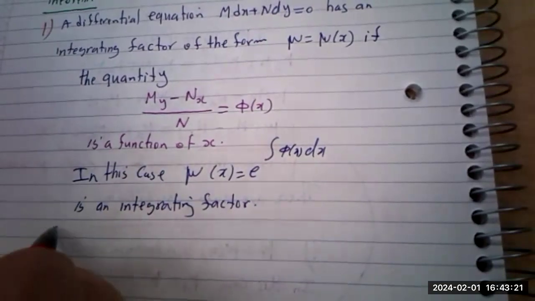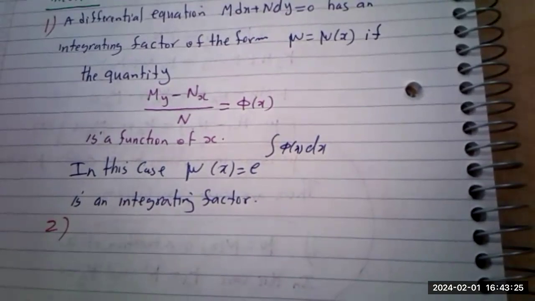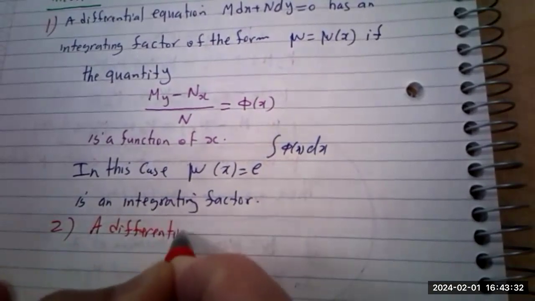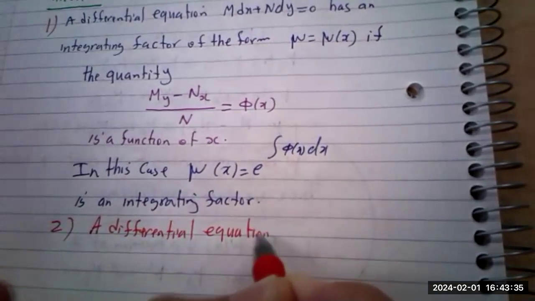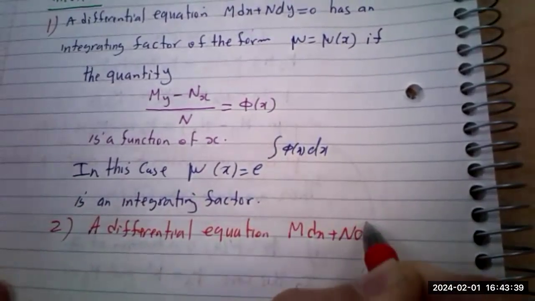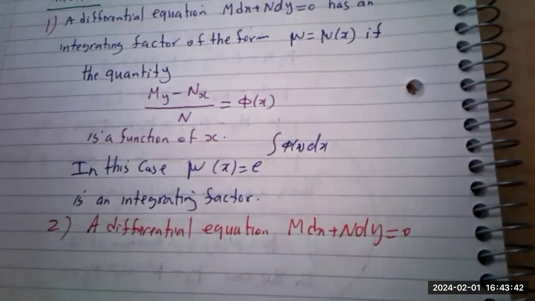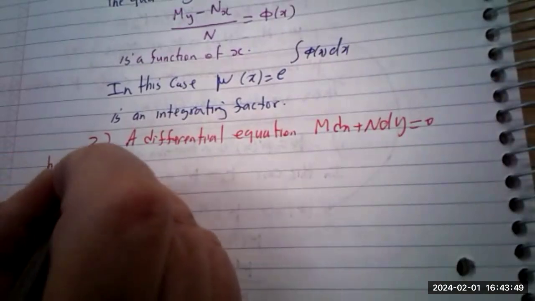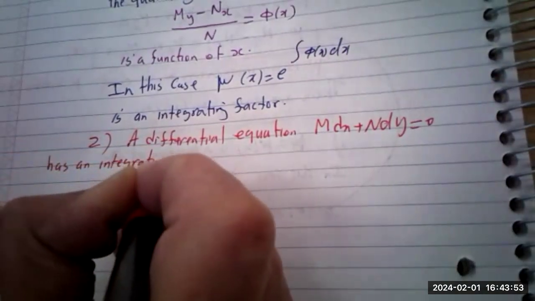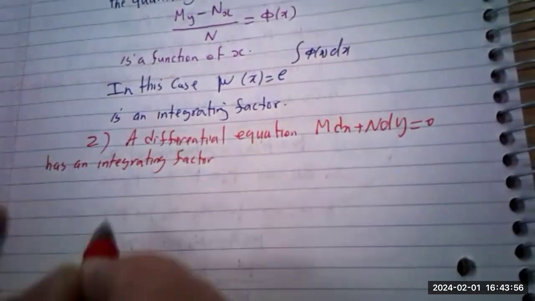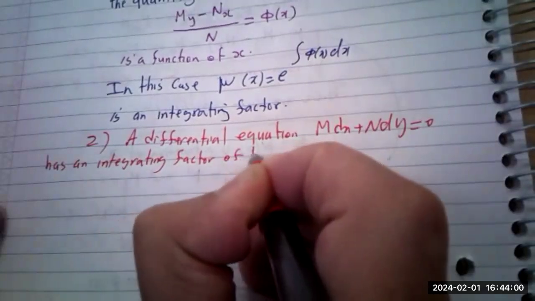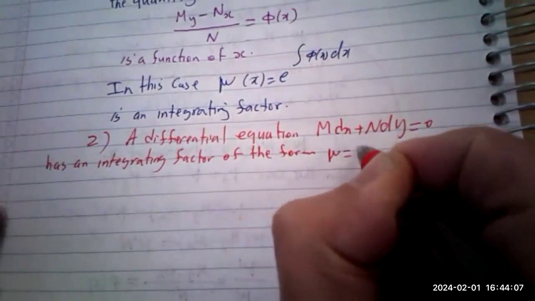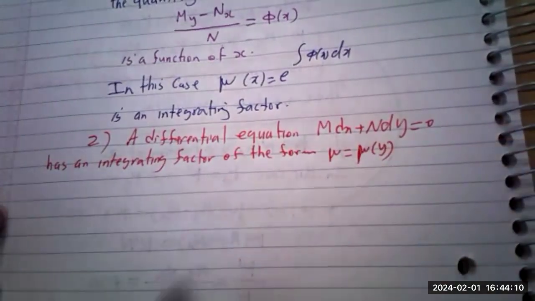So case 2, the same thing: a differential equation M dx + N dy = 0 has an integrating factor of the form, this time, mu equal to mu of y, a function of y, if